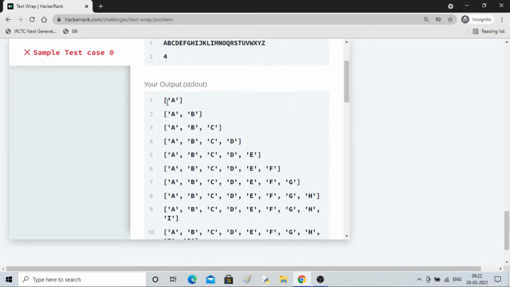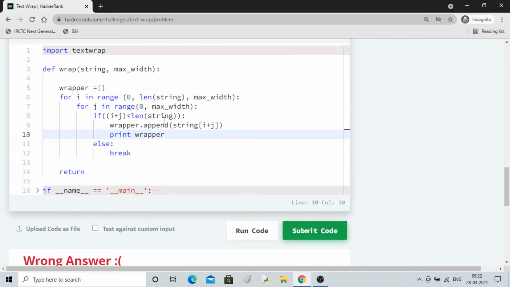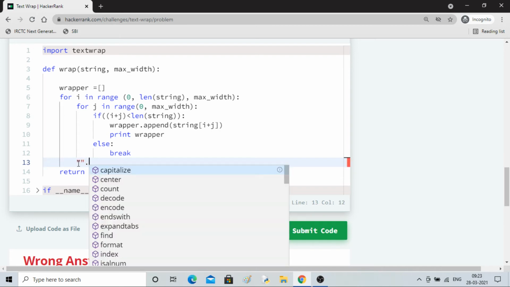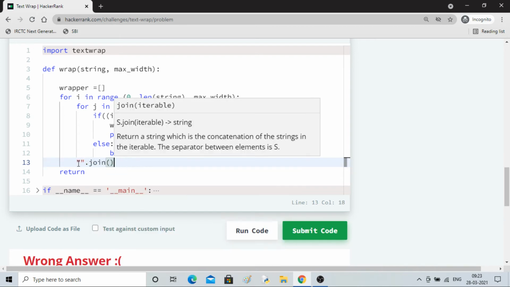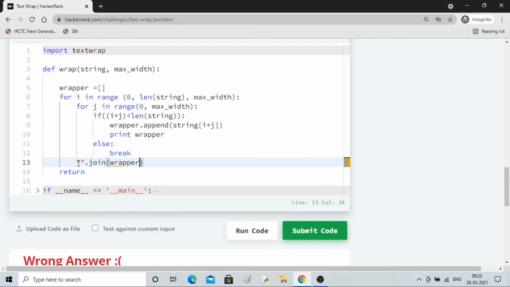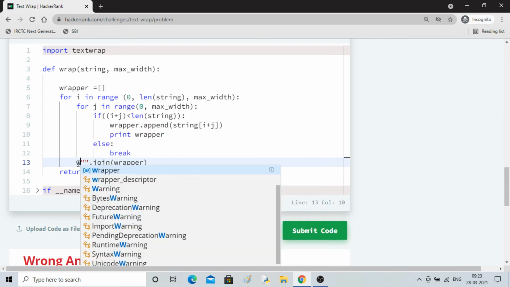So you can see that A, AB, ABC, ABCD, likewise it is getting added, but we want only till 4. So what I'll do is, after completing this jth for loop, I'll append everything. I'll use dot join on wrapper, and save it to wrapper only.